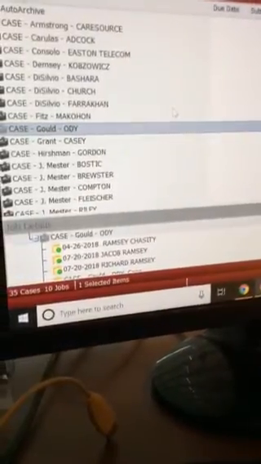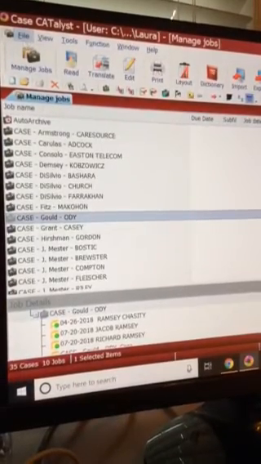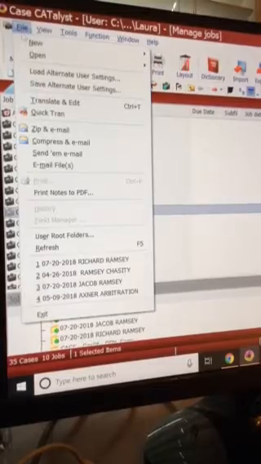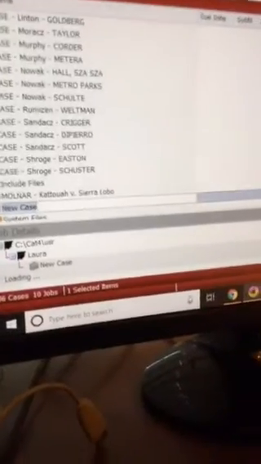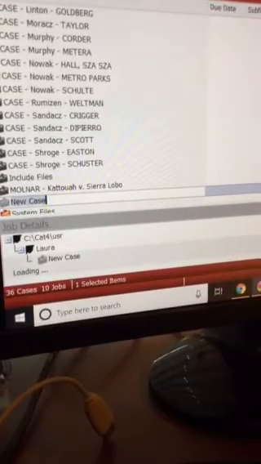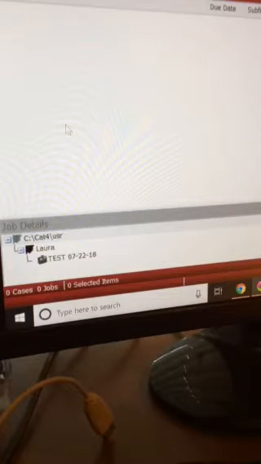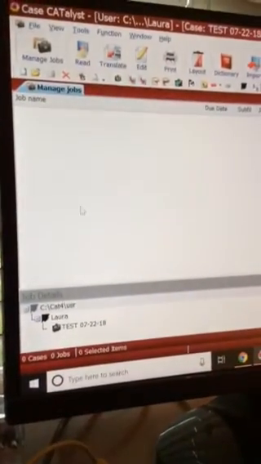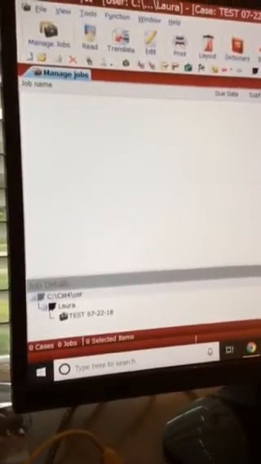Now you're going to open up your transcripts in Case, and I usually create a new case for all my jobs, so I'm going to go new case, and I'm just going to call this the same thing, test. Alright, I'm going to go into that file, and I'm going to start a real-time file. So the trick is,